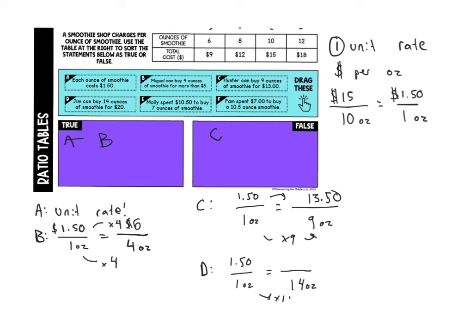Multiply by 14. So we're going to also multiply 150 by 14. And 150 times 14 is 21. So for 14 ounces, he would need $21. He only has 20, so he can't do it. So we'll put D under false. So you can use that exact same process for E and